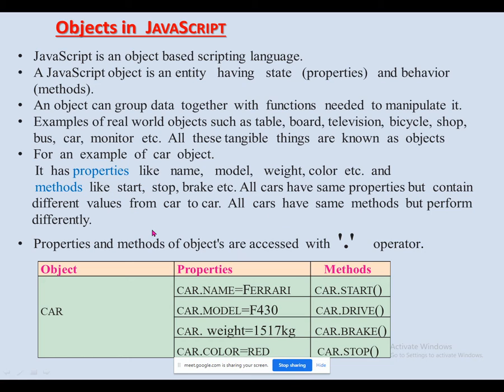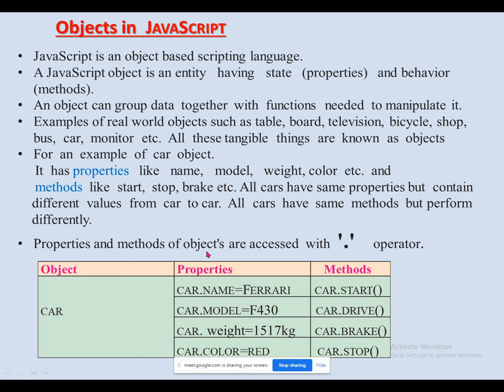So here, when you consider any type of car object, there must be some properties and some methods. The same rule you have to assume for an object in JavaScript. Again, they have described these properties and methods with this table. Just look at this and let's try to understand it. Properties and methods of objects are accessed with a dot operator. What is a dot operator? We'll see in detail, but this complete sentence you have to remember: properties and methods of an object.